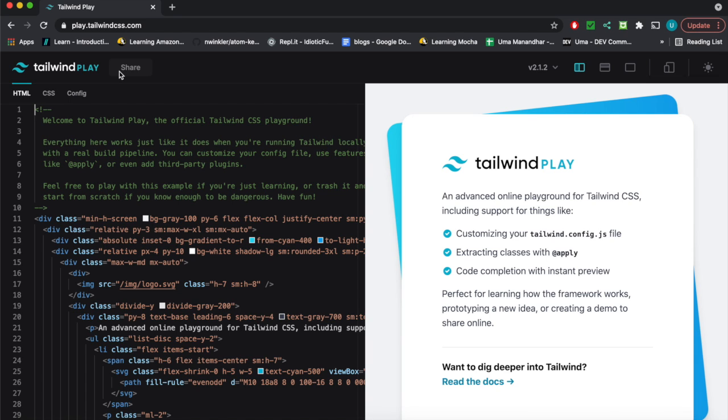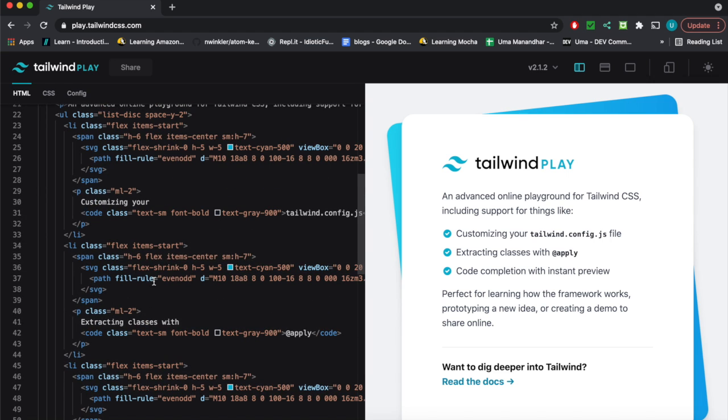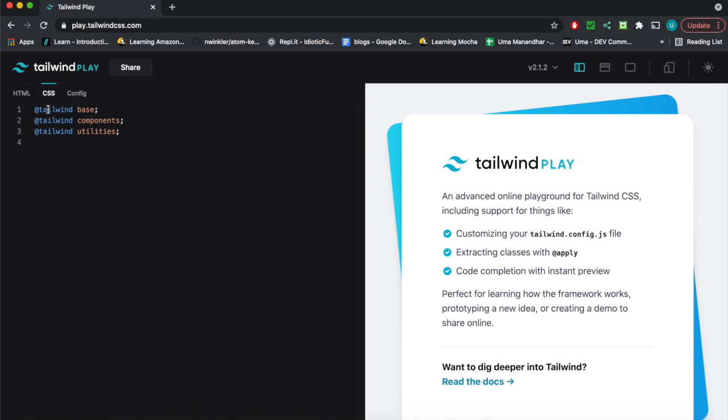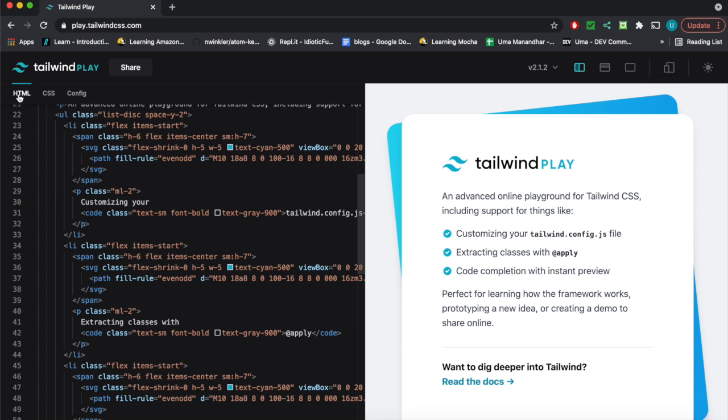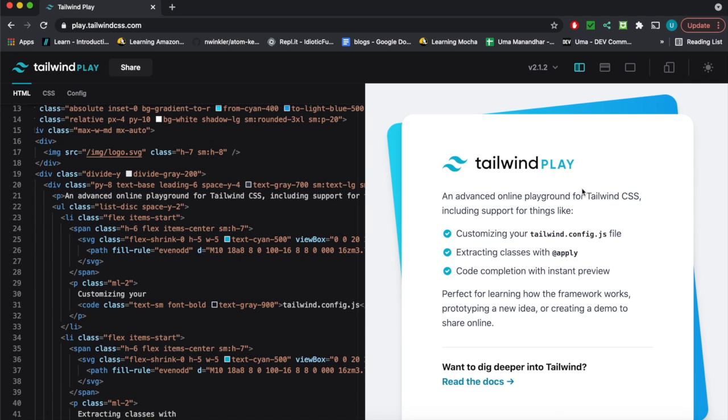and over here you can play around with Tailwind, like how it works, without having to go through the installation and the configuration. So over here you can see this is the HTML part, and they have the CSS, and here is the configuration. So if you go to the HTML, this is